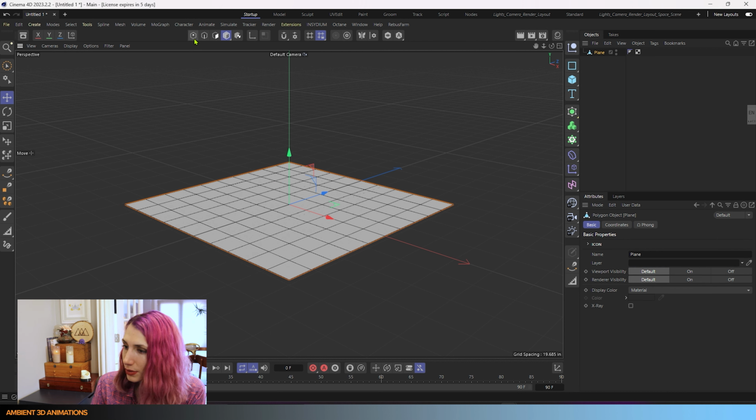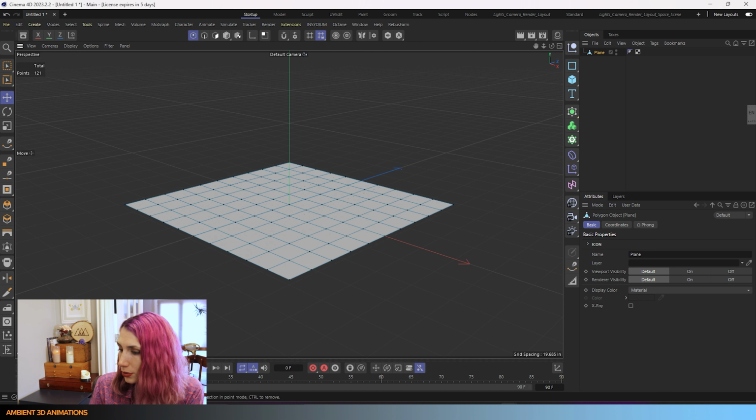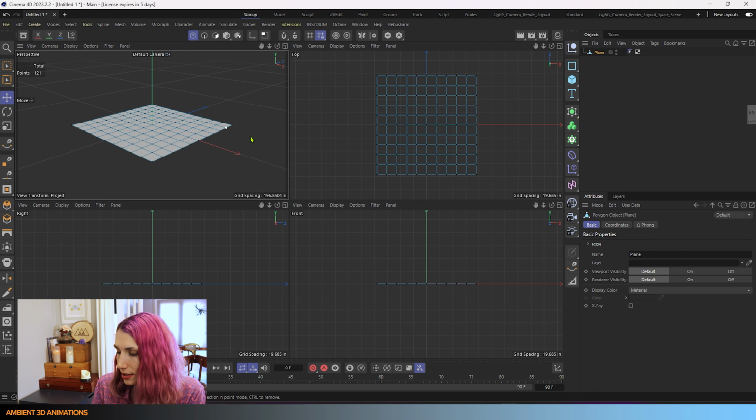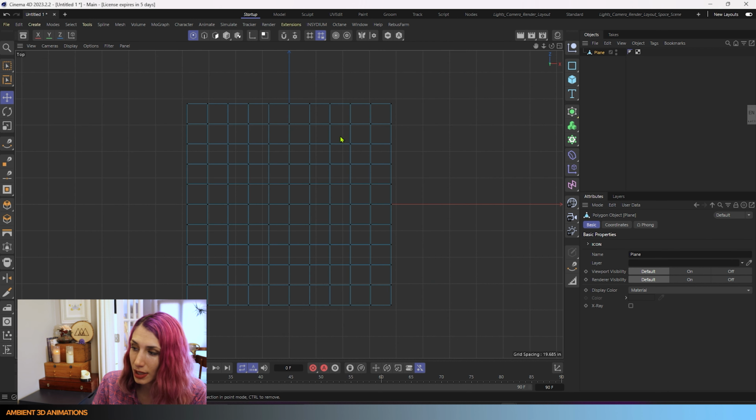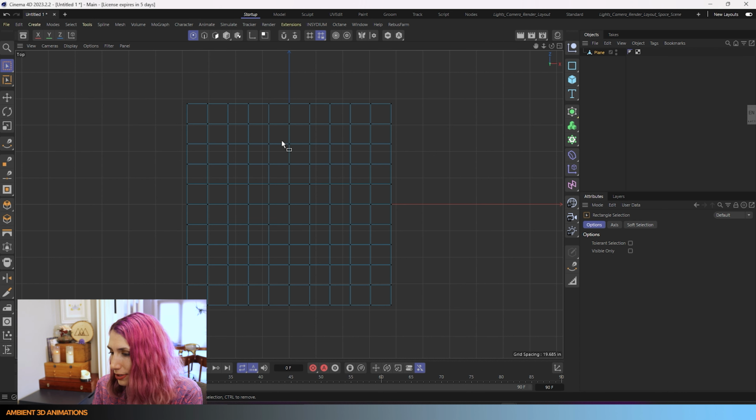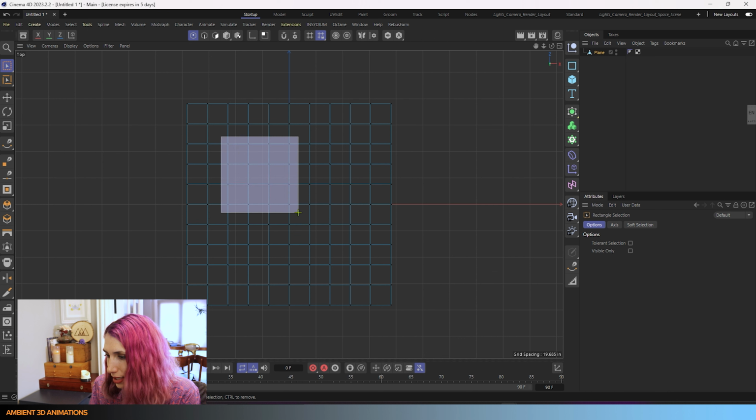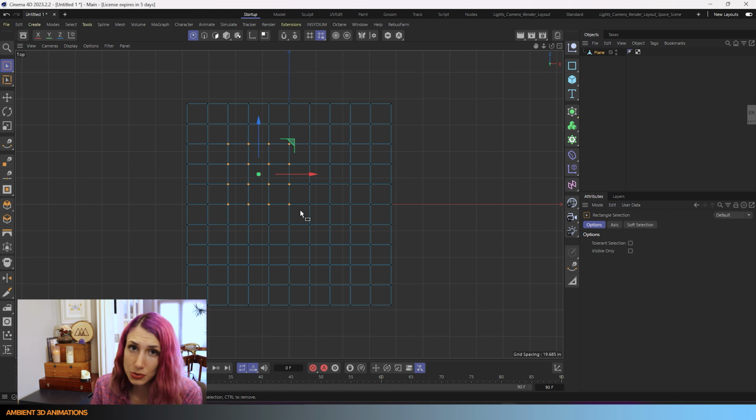And now what we can do is go into point mode, and I'll hit the middle mouse button to go into the top view. When you hit the middle mouse button, you can see all 4 views, but then you can hit it again in top view, and now we're just seeing this area a little bit larger. I'll go into rectangle selection. You can also hit the 0 button. That is the hotkey for rectangle selection. So if you want to get used to that, you can hit 0 instead of that button there. And we can select these points here to show how this tool works.